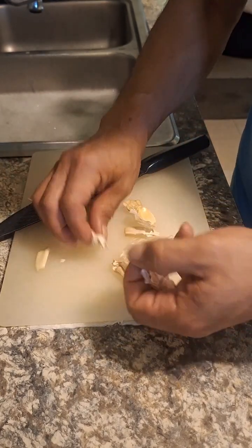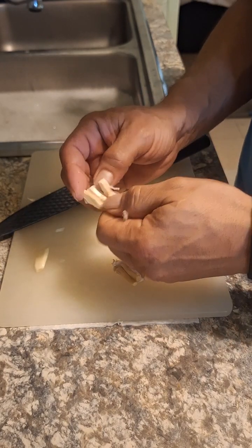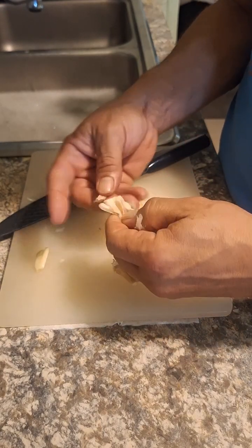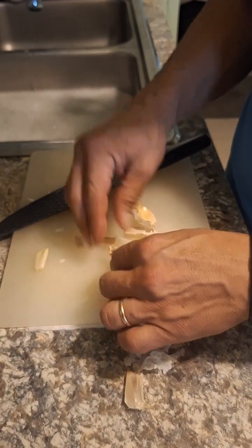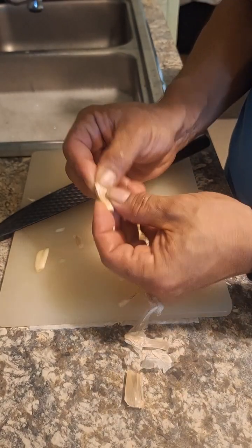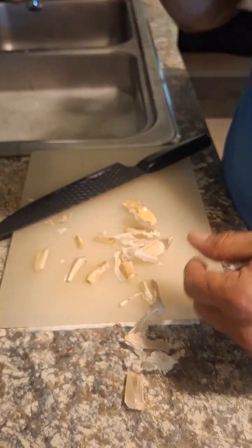I do like to stress that if you're going to use tortilla chips, I would steer clear of salted chips, because with everything else that we're going to be adding today, we don't want to make it overly salty. So I'm just getting my garlic peeled up here. We're going to chop that up, start sweating it, and we'll start getting the rest of the King Ranch casserole